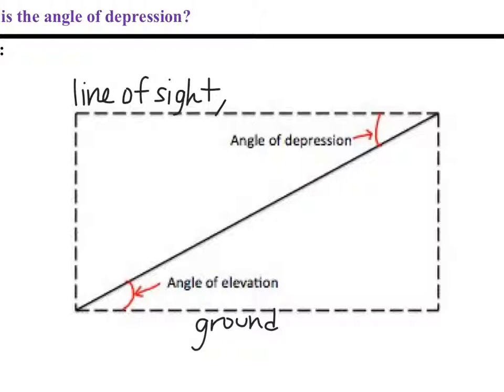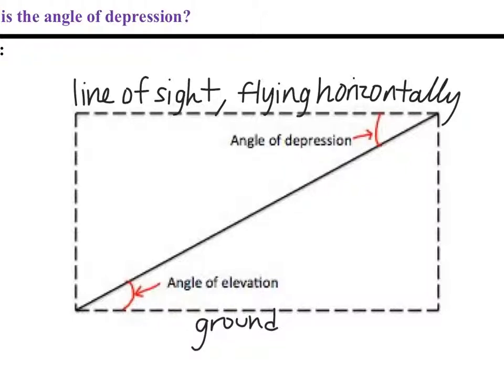It could be a plane, something flying horizontally, like a bird or a plane. That's usually the most common ones that you see. The angle of depression has to come from that horizontal line down. It's a sad way to think about it, but depression means that you're feeling down, and so it has to,